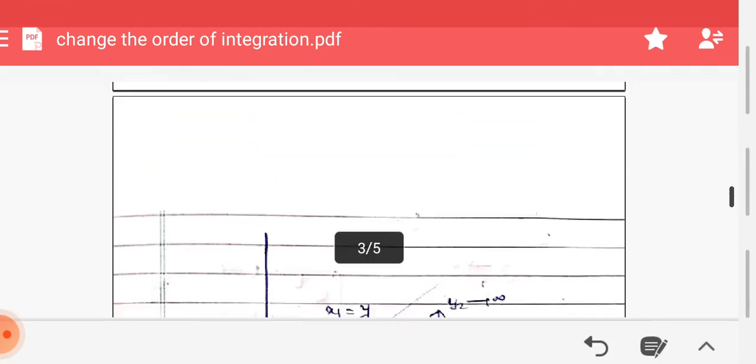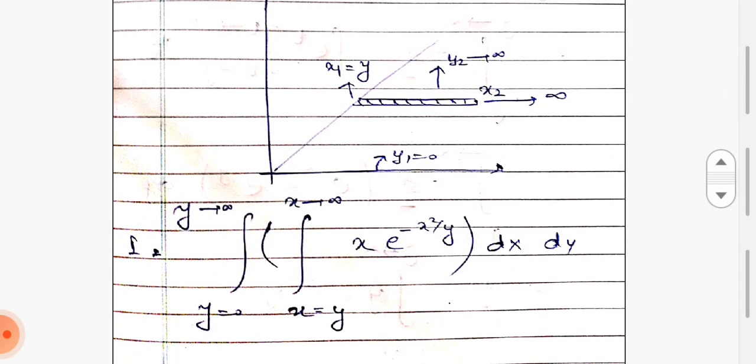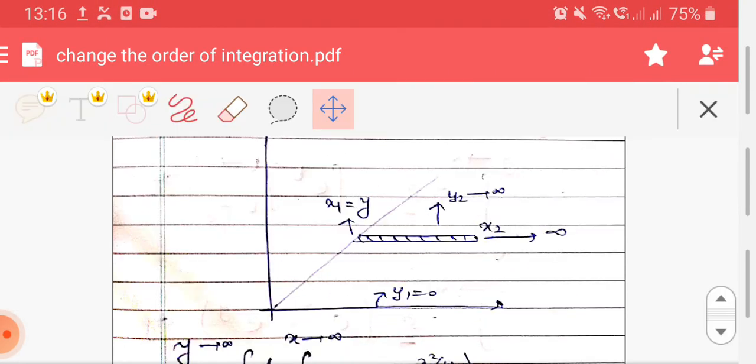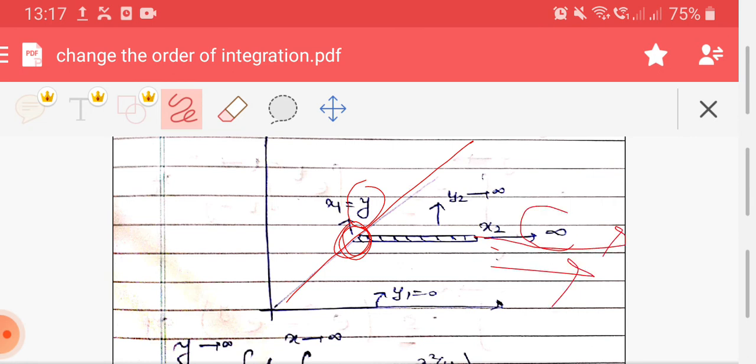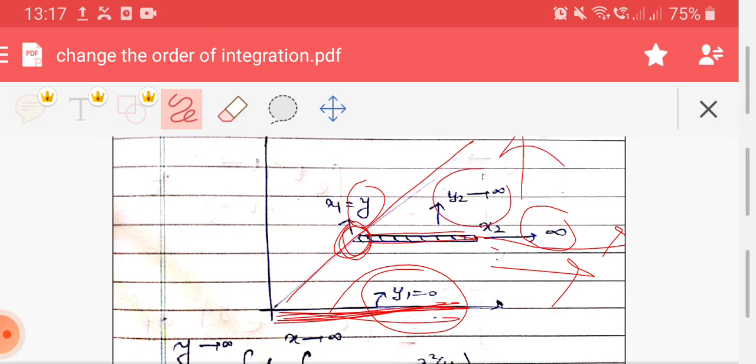Okay. So when I shift that strip into a horizontal one, what will I get? You can see this horizontal strip has this end on this line, and limits have to be changed for x. Now this is the x1 initial point that is equal to y, and this end will move further, it will go on further, so x approaches infinity. While this strip will start from the bottom, this location, so y1 is 0, and the strip will move upward. There is no upper bound, so y approaches infinity. You can repeat this part of what I have told you so you can easily understand.